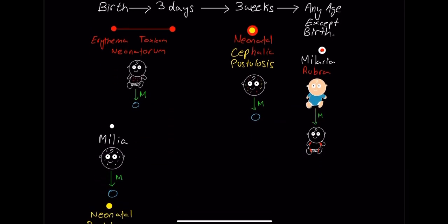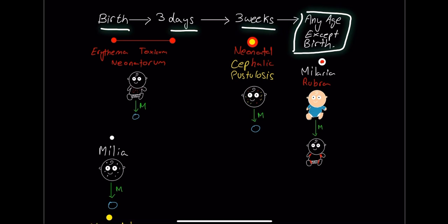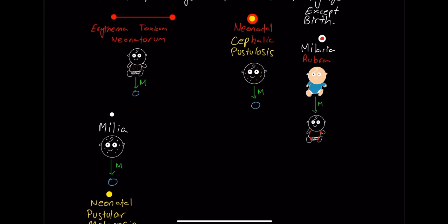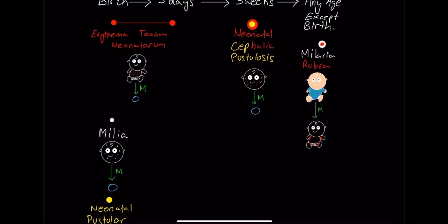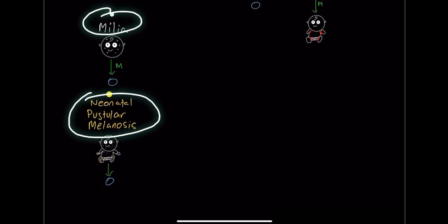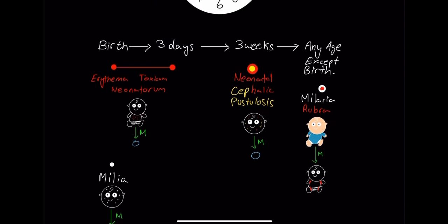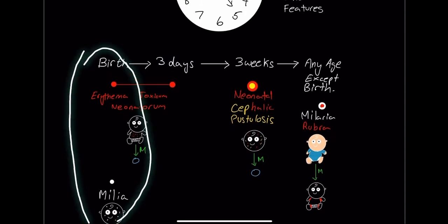If we look at this chart over here, I made birth, 3 days, 3 weeks, and any age except birth. I've classified the diseases based on time. There are 3 diseases that you can see during birth. You have erythema toxicum neonatorum, you have milia, and you have neonatal pustular melanosis over here, right? And just to make it easier, I've put all the babies' faces as well. So during birth, right here, you see